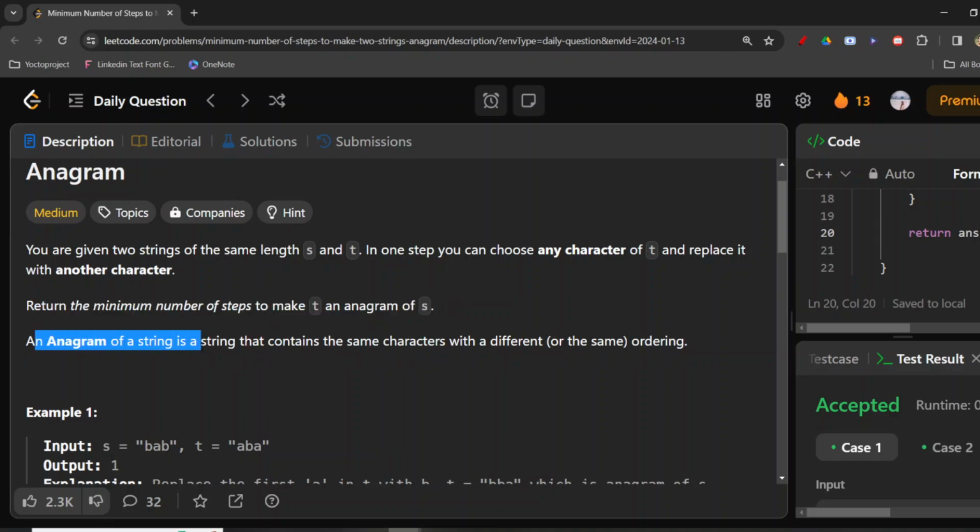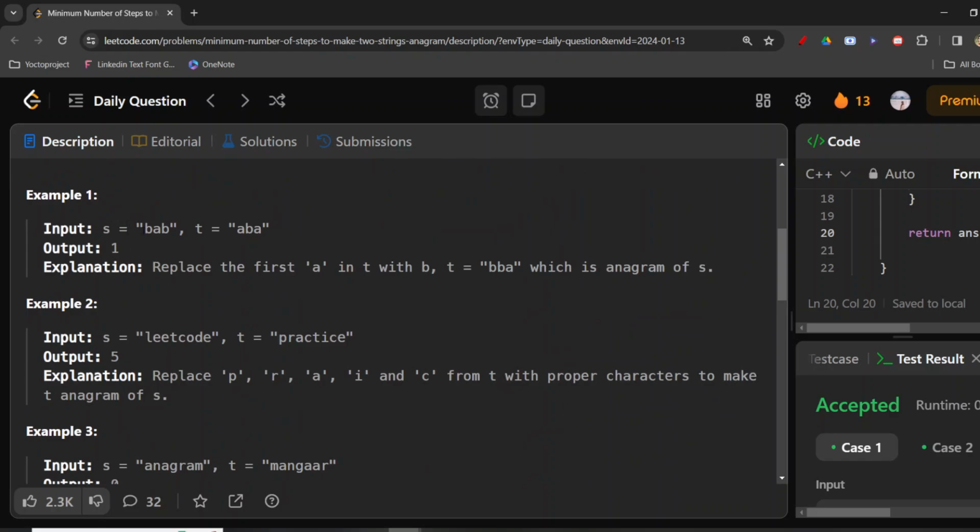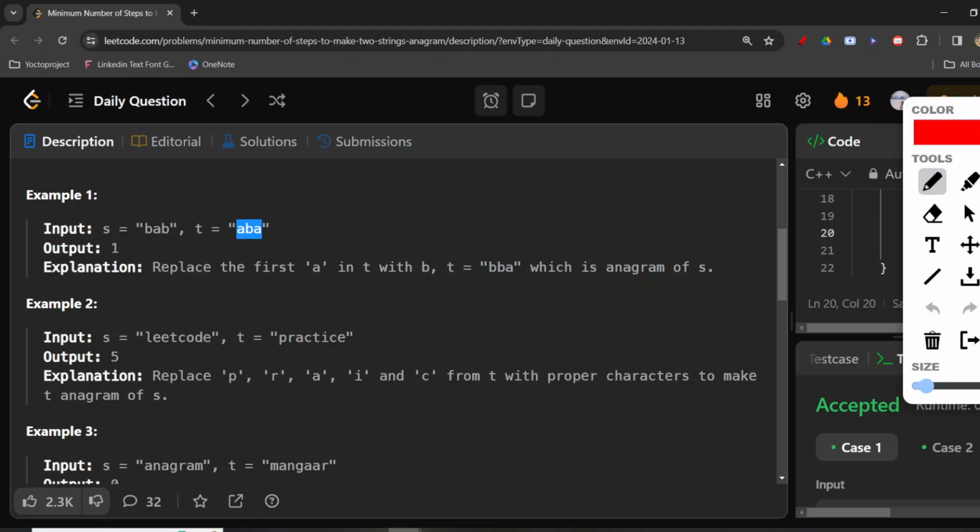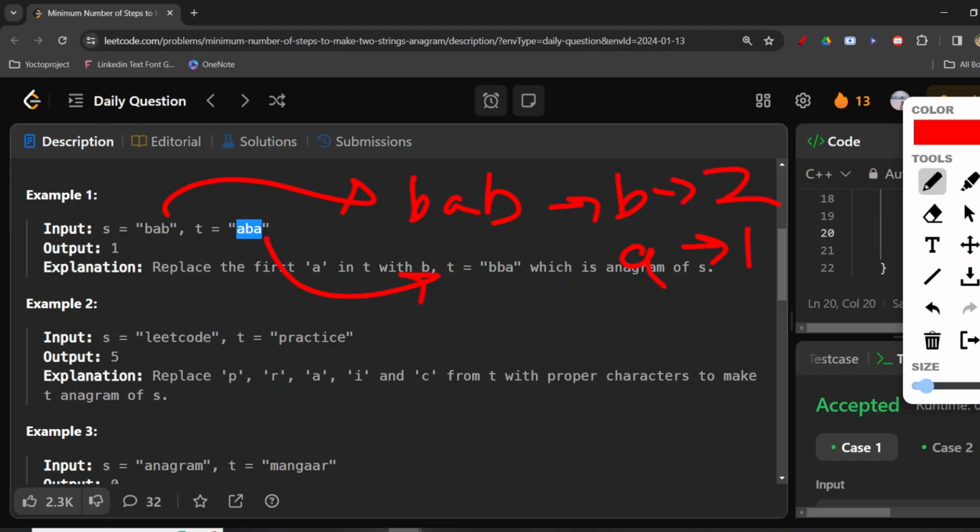An anagram of a string is a string that contains the same characters with a different or same ordering. So here, if we see BAB and ABA, how will they become an anagram of each other? If we take this BAB, B is occurring two times and A is occurring one time. And in this ABA, A is occurring two times and B is occurring one time. So we can make them anagrams of each other if we replace this B with A,